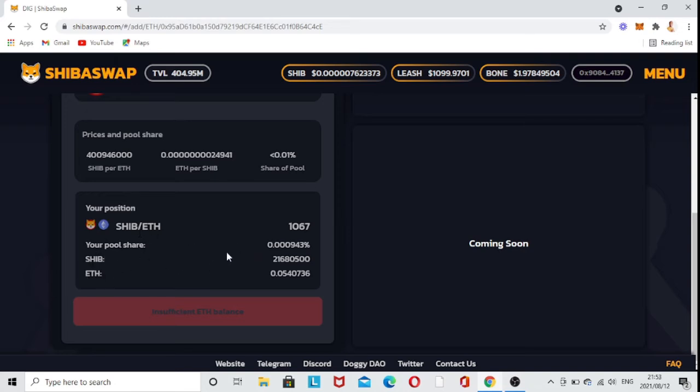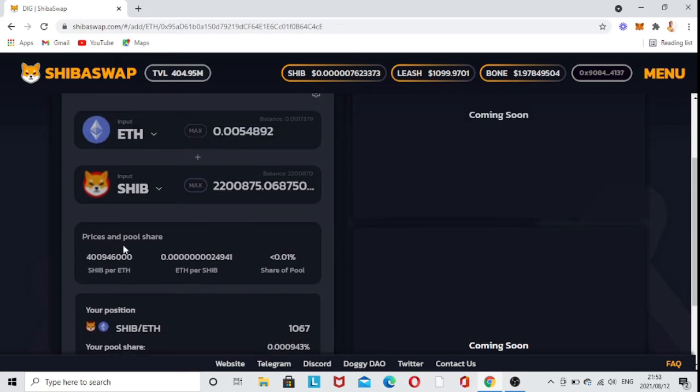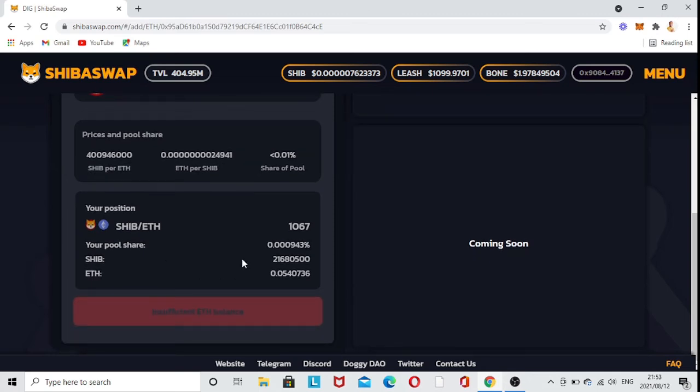This is what I have right now, and the prices and the pool share, the rate is there. This is how much of a share you get. As you can see there, ETH per SHIB and SHIB per ETH, and then you're going to go down here. But I don't have much for gas fees, that's why it's showing me here insufficient ETH balance,